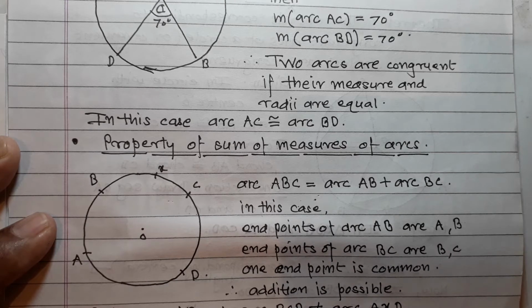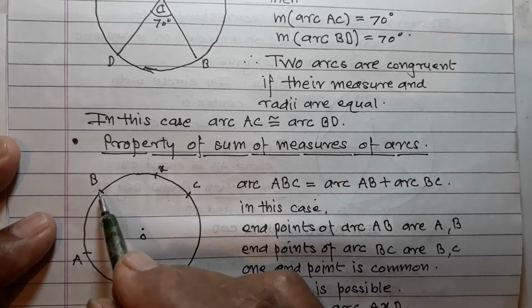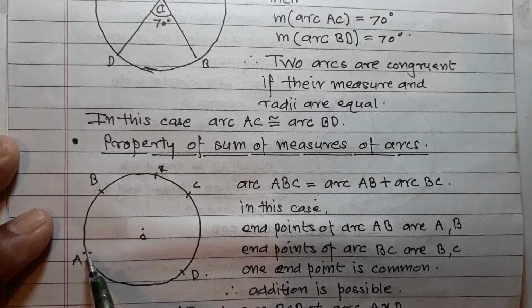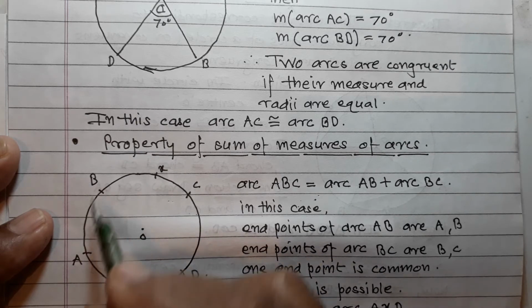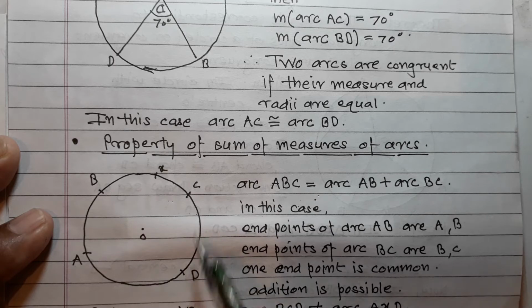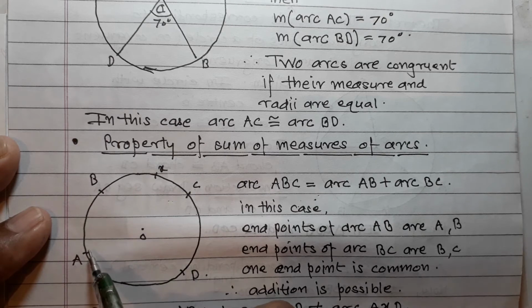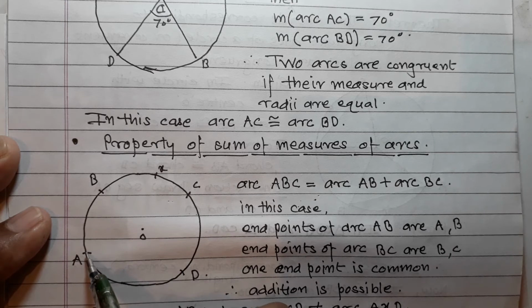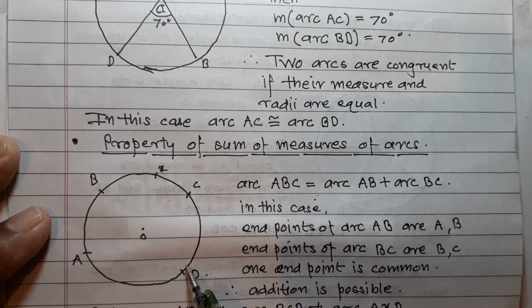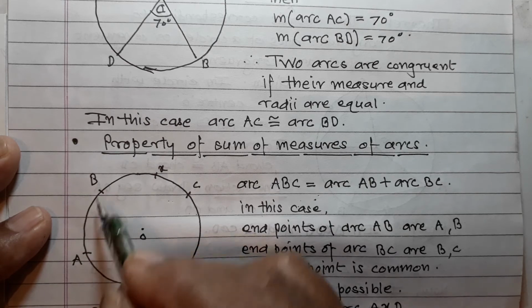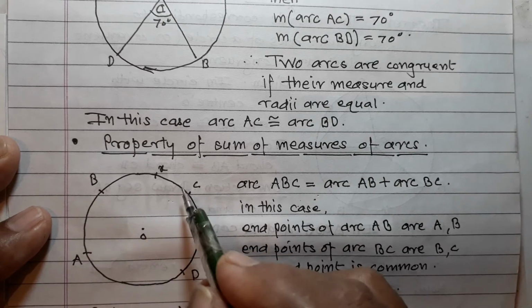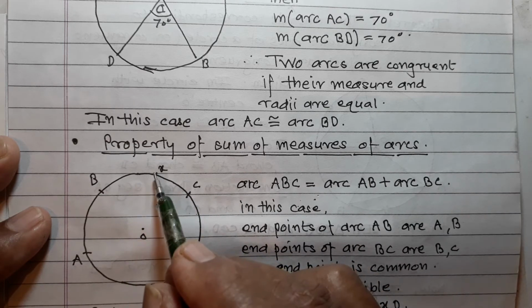But you can add in this way: arc ABC plus arc CD is equal to arc AXD. Okay, so ABC and what's arc CD? This C is a common point and therefore you can add this. So arc ABC plus arc CD is equal to arc AXD. You can say arc ABD, you can say arc ACD. Whatever point you want in the middle, you can take.